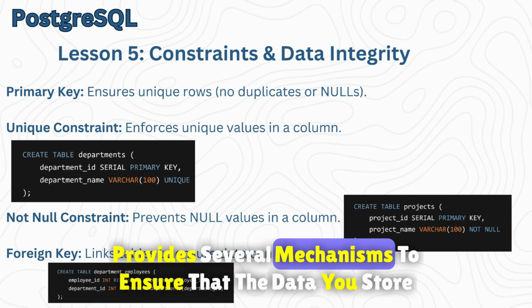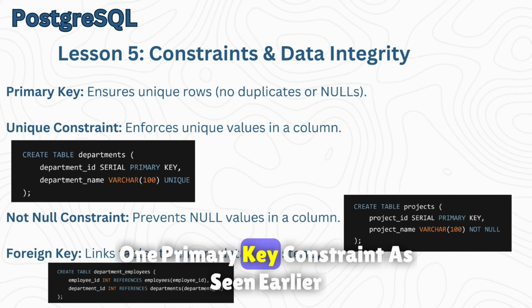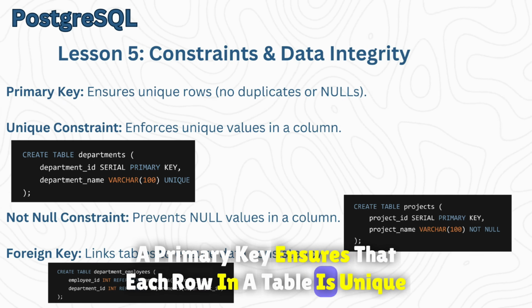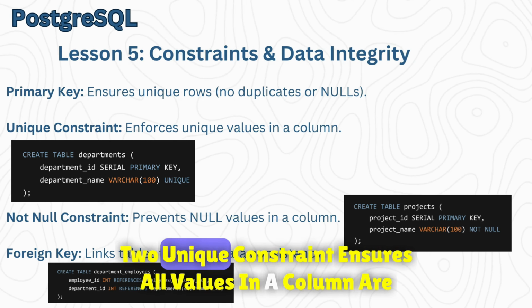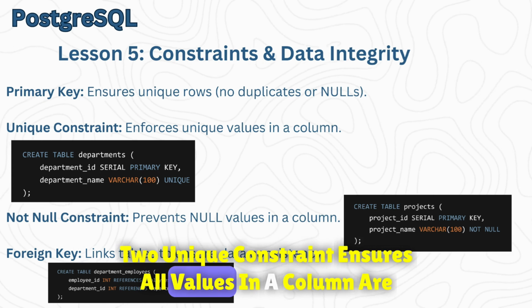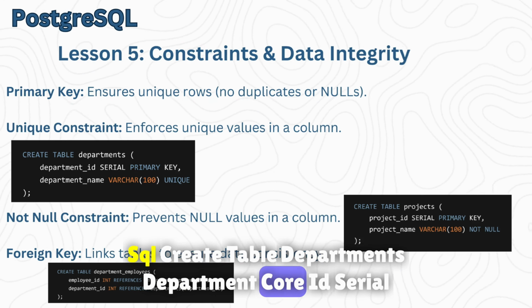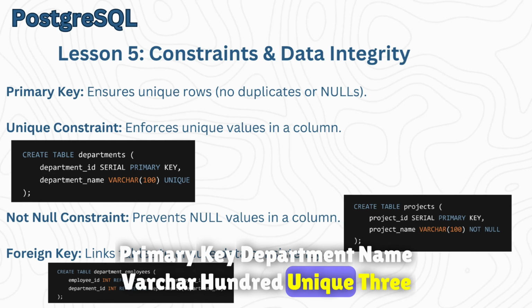PostgreSQL provides several mechanisms to ensure that the data you store is valid. 1. Primary key constraint. As seen earlier, a primary key ensures that each row in a table is unique. It doesn't allow duplicate or null values. 2. Unique constraint. Ensures all values in a column are different. SQL: CREATE TABLE departments (department_id SERIAL PRIMARY KEY, department_name VARCHAR(100) UNIQUE);